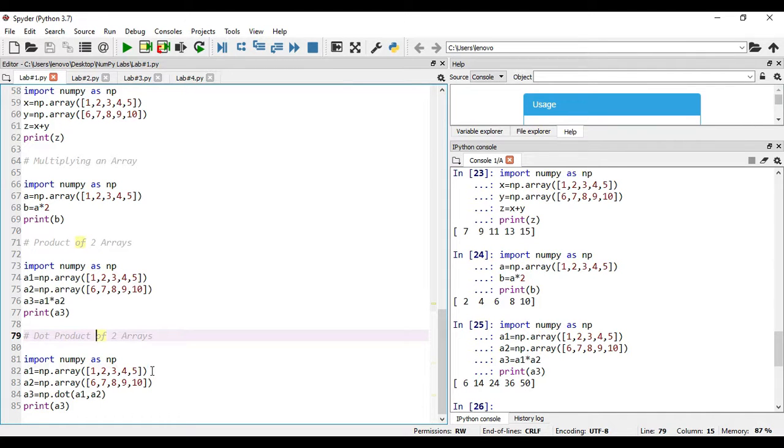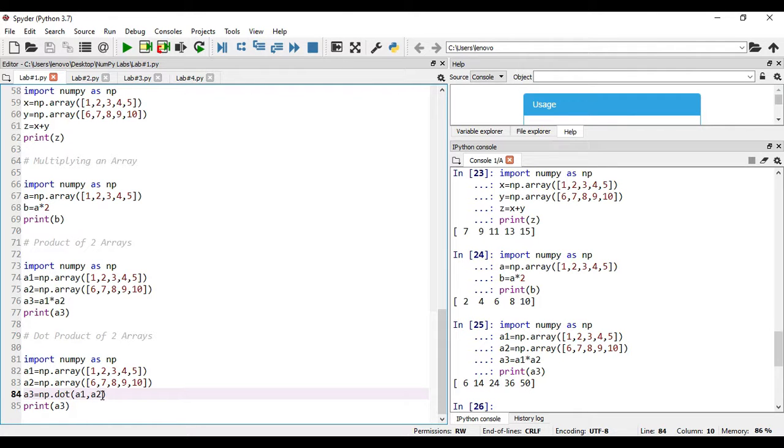So for this case also we are having two arrays. By using the dot function you can do it. Means if you want to calculate the dot product of two arrays, it is better to use the dot function. In this case, what I am doing is A3 equal to np.dot of A1 comma A2.